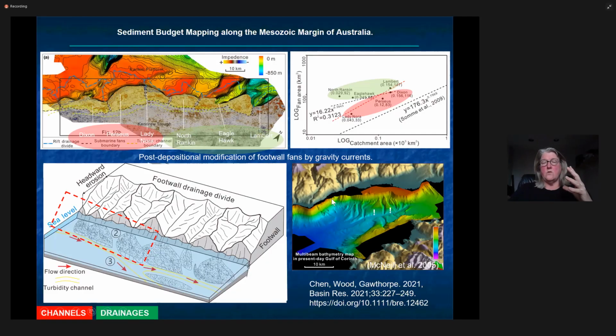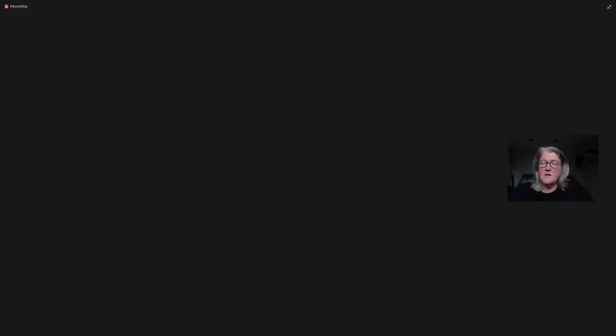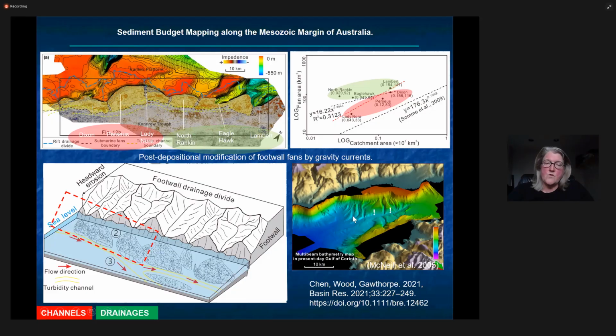And we had some modern analogs for this. This goes on in rift basins today. Here's the Gulf of Corinth from McNeill in 2005, and Rob Gawthorpe has been working in the Gulf of Corinth quite a bit with IODP. And you can see a similar channel. There's that turbidite channel down through there. And it's what Heck called toe trimming these fan systems and redistributing the sediment into these fan systems farther down in the basin. And so that's what's happening to sediment budgets in here,